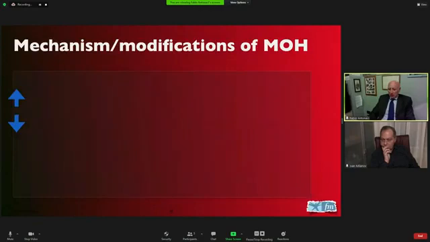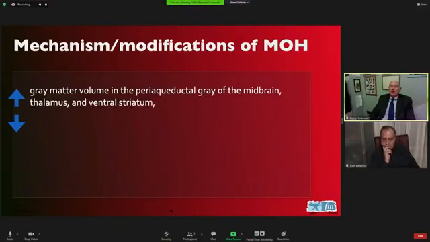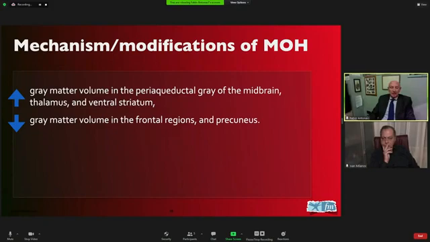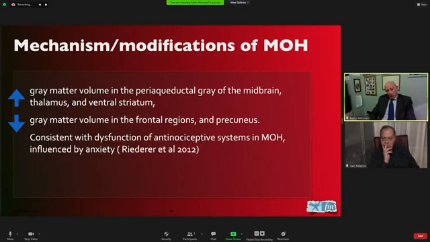But medication overuse headache is not only something the patient suffers from, it is also a condition that implies changes in our brain. Changes are due to an increase of gray matter volume in the periaqueductal gray, in the middle of the midbrain, in the thalamus, in the ventral striatum, and a reduced gray matter volume in the frontal region and precuneus. These changes seen with MRI are consistent with and in parallel with the dysfunction that we have in the